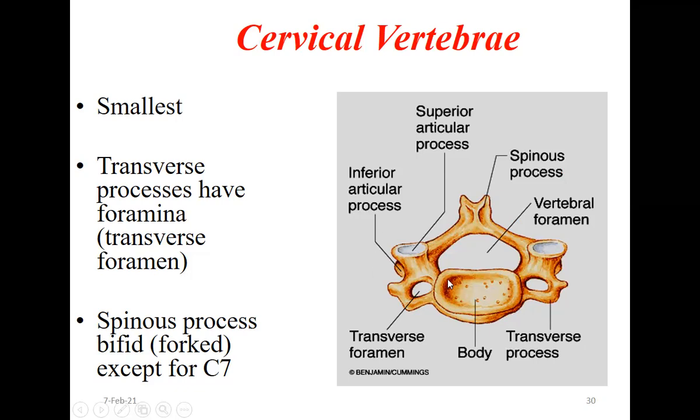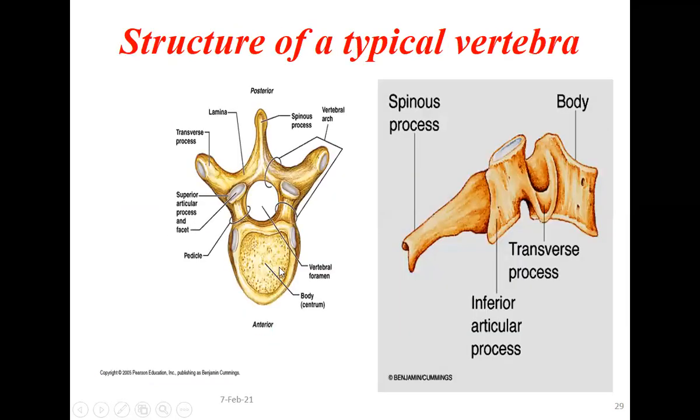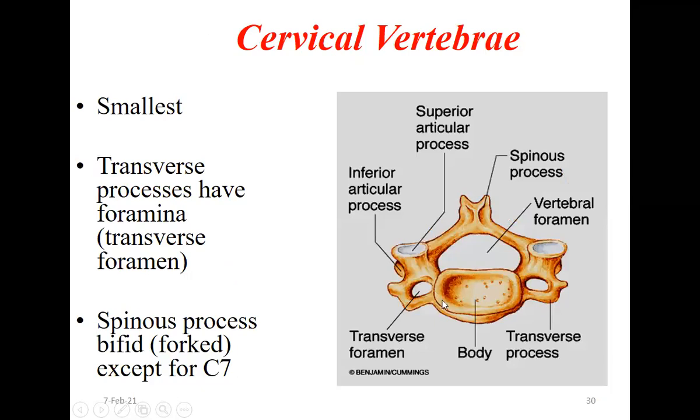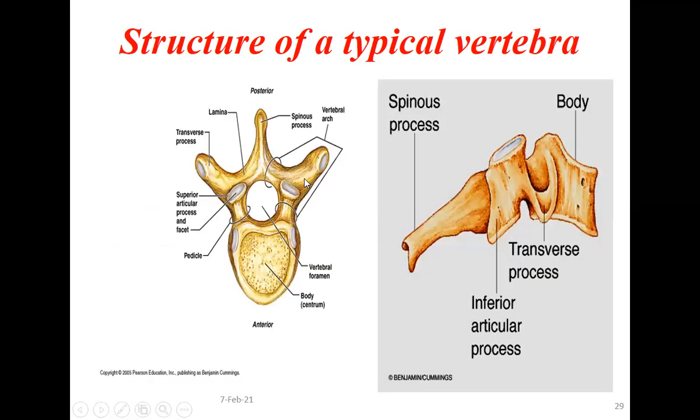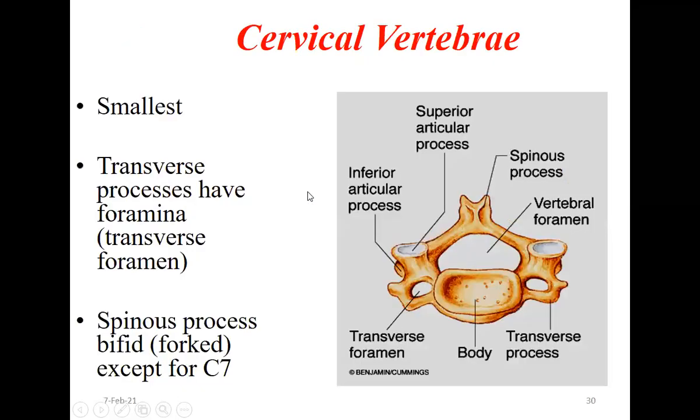This is how the cervical vertebra will look. Okay. So here also you can see, same like here, this is the body. The body is much more oval here. These are the smallest vertebrae. Transverse processes have a foramen. If you see in the transverse process, usually there is no foramen, but here there is a foramen. Not only the vertebral foramen, but also here in the transverse process. Only in the cervical. This is how you can identify the cervical vertebrae.